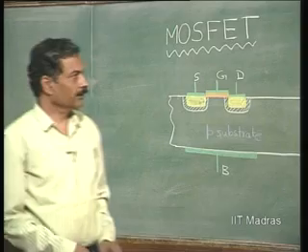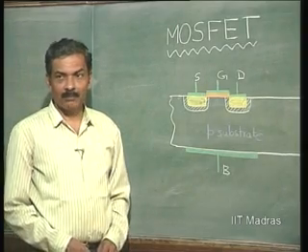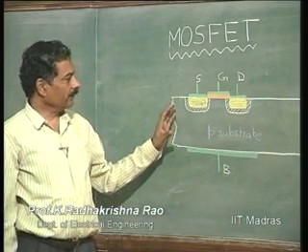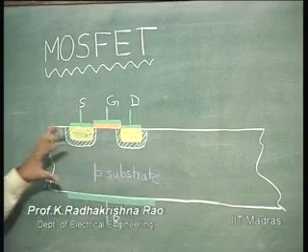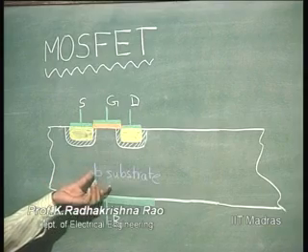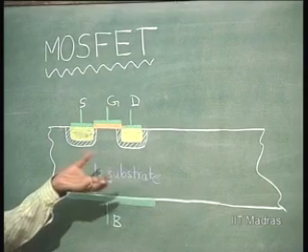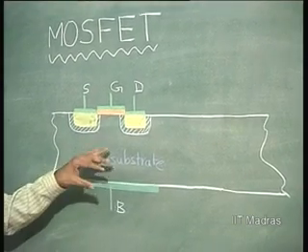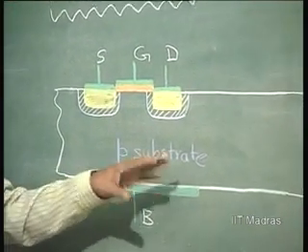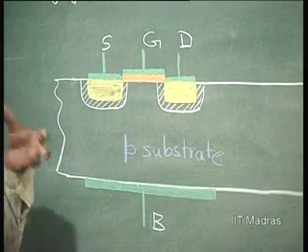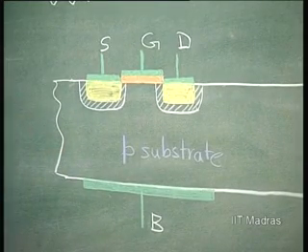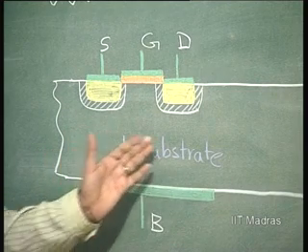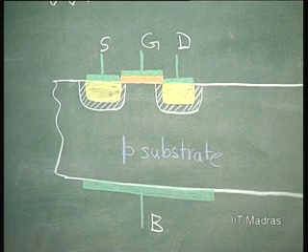In the last class, we saw something about the MOSFET and its characteristic. We started with a wafer. This kind of thing is called a wafer. Maybe hundreds of microns thick it is. You start with, let us say, a p-type wafer, a p-type substrate. Whatever is used as the base material for fabrication of an IC is called the substrate. So, a p-type substrate you start with, let us say.